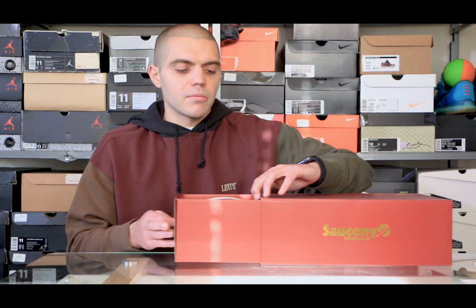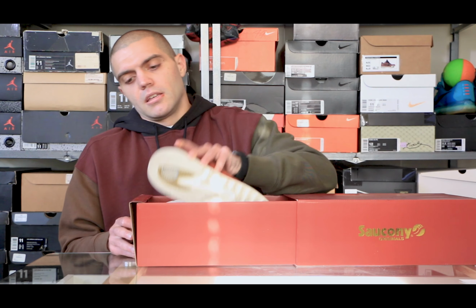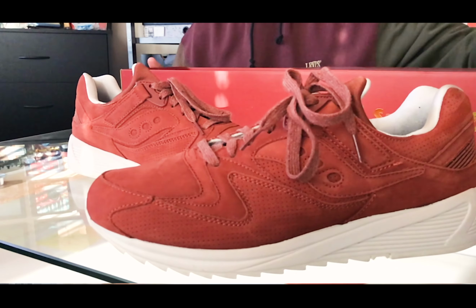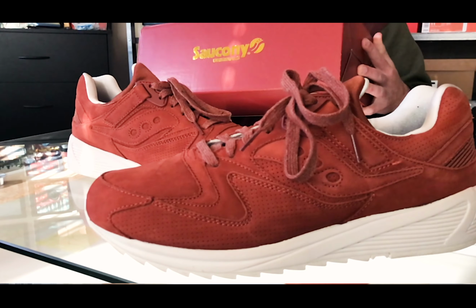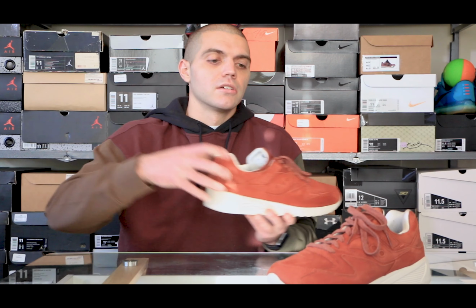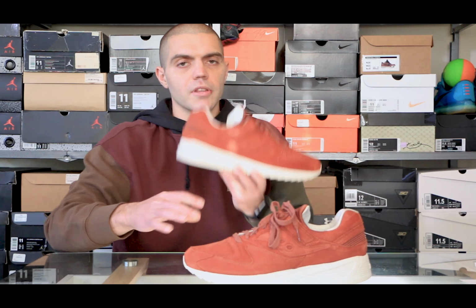So today we have the Saucony Grid 8500 HTs. I picked these up, I want to say, almost 2 years ago now. So it's definitely been a while that I've had them, but it is still a great deal and certainly still a great shoe. So the 8500 HT, what they did with this version is they took the 8500 and gave us